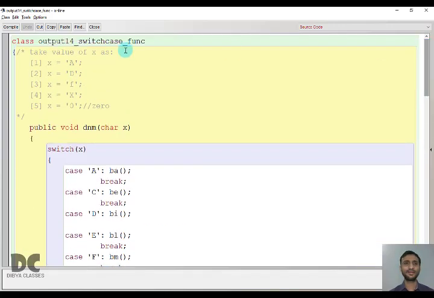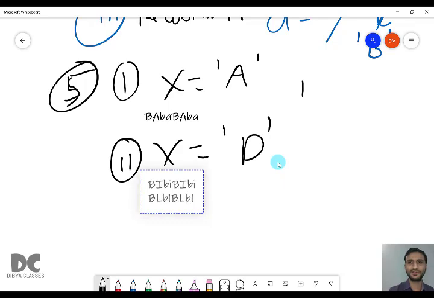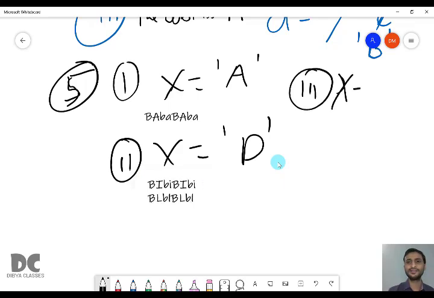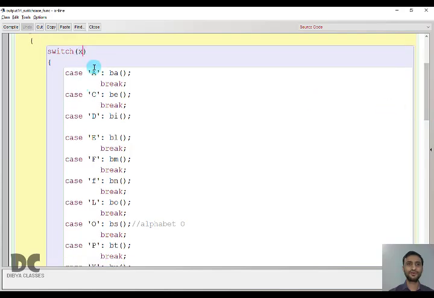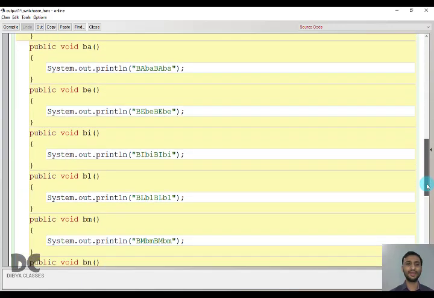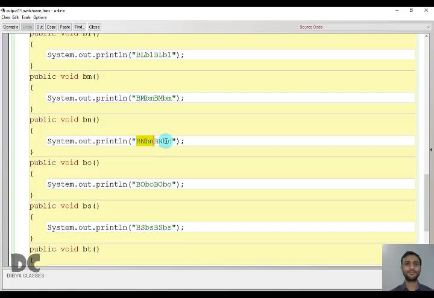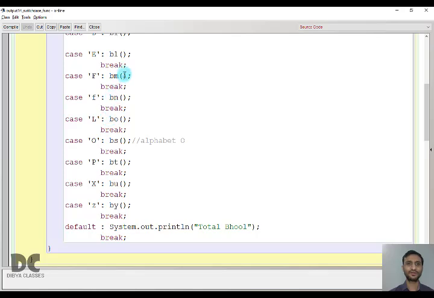It will continue till end if no break is present. Okay. Next bit is small f. In bit 3, we have the value of x as small f. So small f equal to capital A, no. Equal to capital C, no. Equal to capital D, no. Equal to capital E, no. Capital F, no. Small f, yes. Capital and small are different. Don't go here. We have given small f, means this is true. So it will call the function Bn and it will print Bn. Then it will return back to where it was called from. Break is executed and now the program is over.